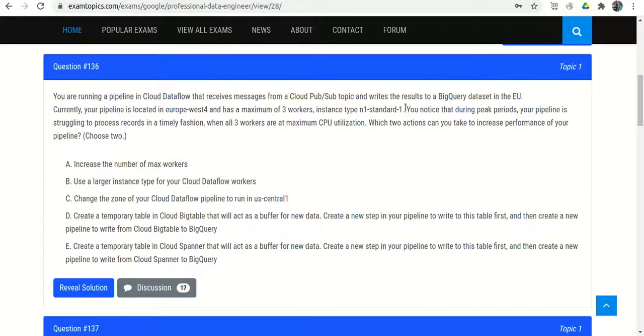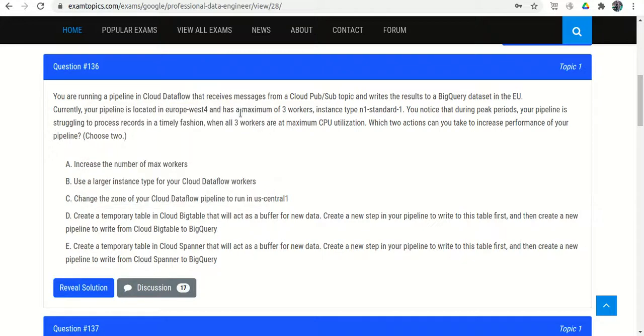Basically, as mentioned here, we are using the type n1-standard-1 and a maximum of 3 workers. If we increase both, then our performance will definitely increase. Now you might think Cloud Dataflow is auto-manageable, so how will we increase the workers, because workers automatically increase or decrease in Cloud Dataflow?